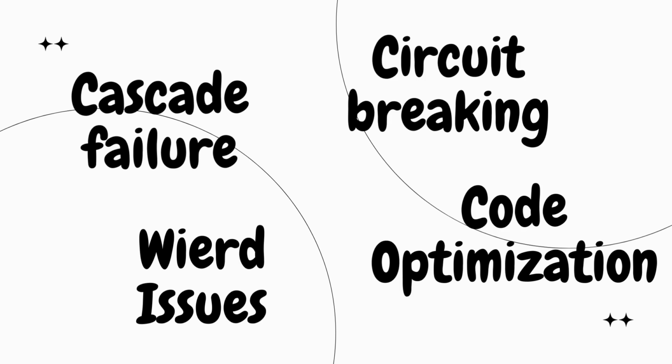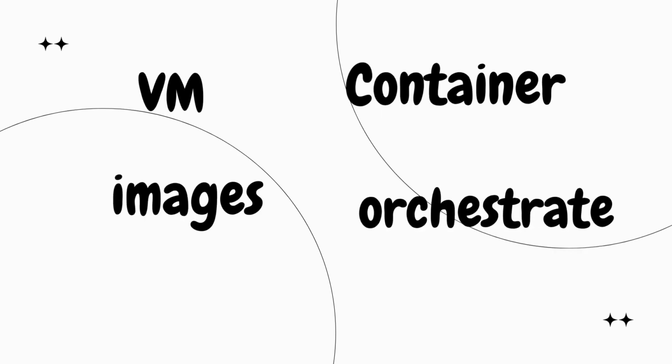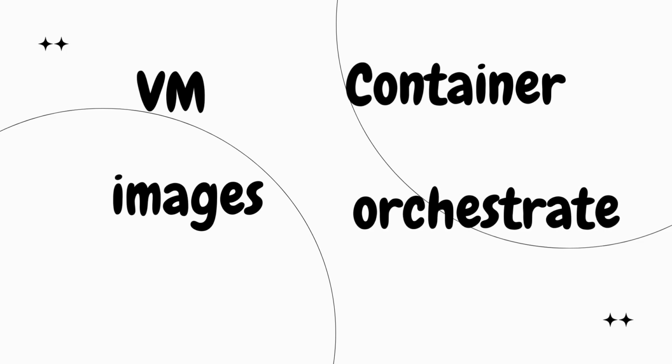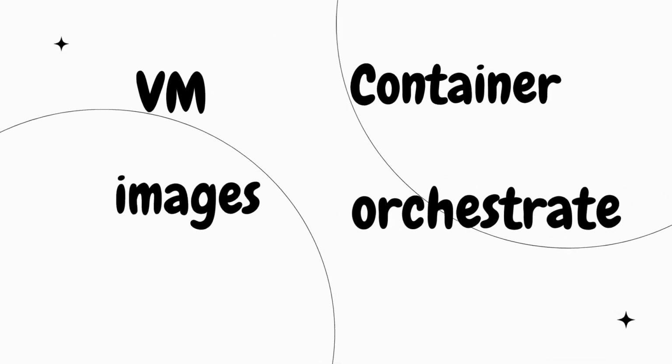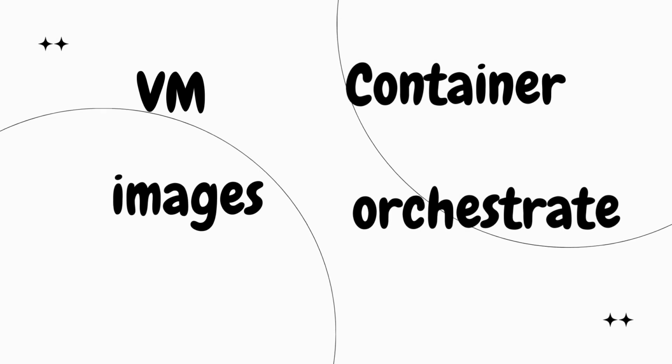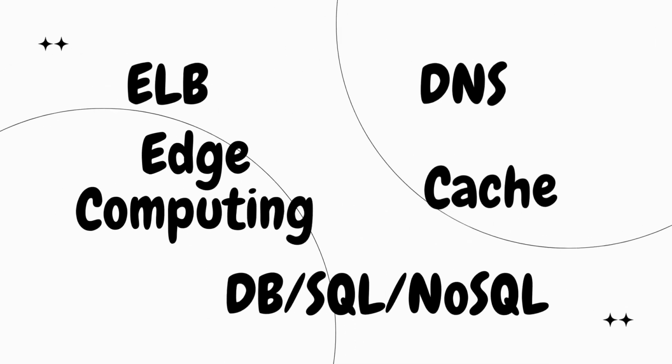As a DevOps engineer, we configure too many things and we build a lot of things. We create VMs, we have images, we configure containers and orchestrate them, and we create a lot of load balancers, DNS, edge computing layer, cache, DB, whether it is SQL or NoSQL. We do a lot of things, right? And we have certain principles. Whatever we build has to be reliable and resilient. If something goes down, automatically there should be some failover. If something is not working properly, there should be another backup or replica. There should be a replication factor.